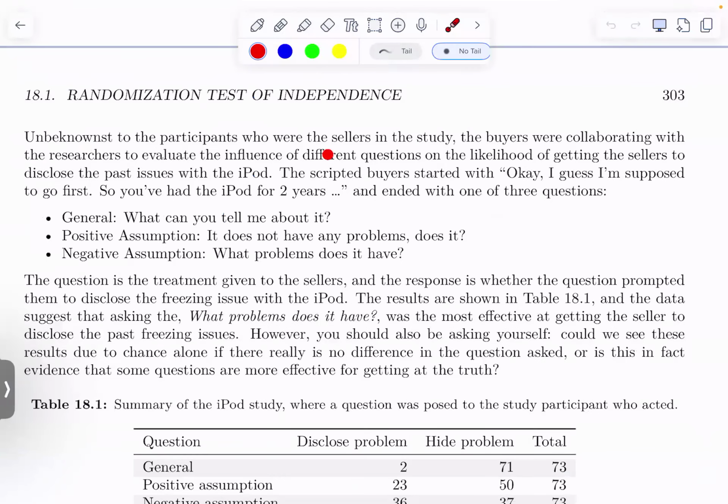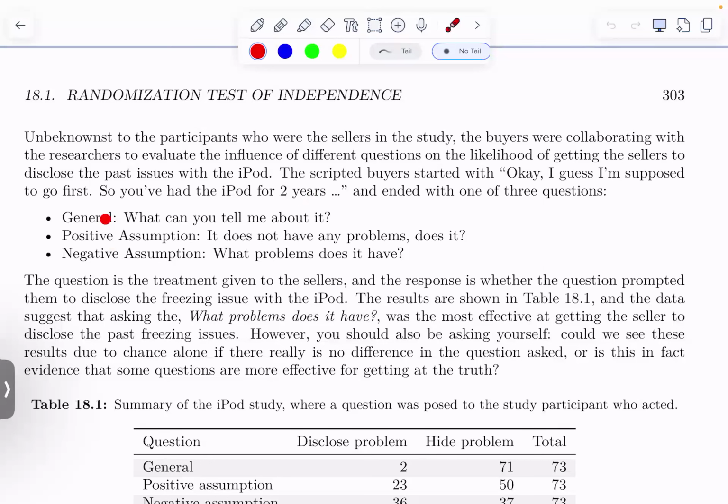Unbeknownst to the participants who were the sellers in the study, the buyers were collaborating with the researchers to evaluate the influence of different questions on the likelihood of getting the sellers to disclose the past issues with the iPod. Kind of a gotcha moment, I guess. And so the buyers started with, okay, I guess I'm supposed to go first. So you've had this iPod for 2 years, and then ended with,